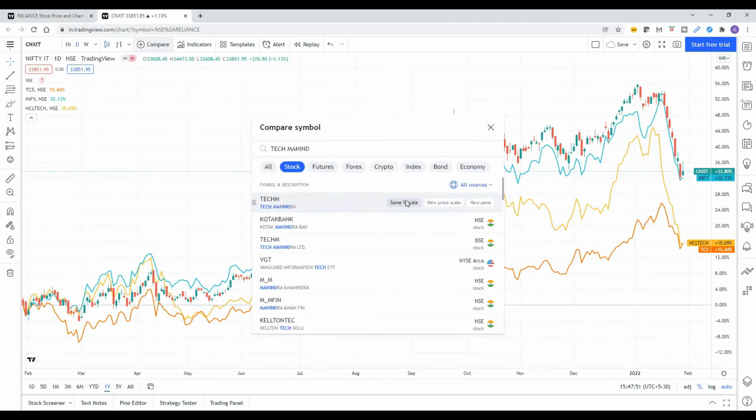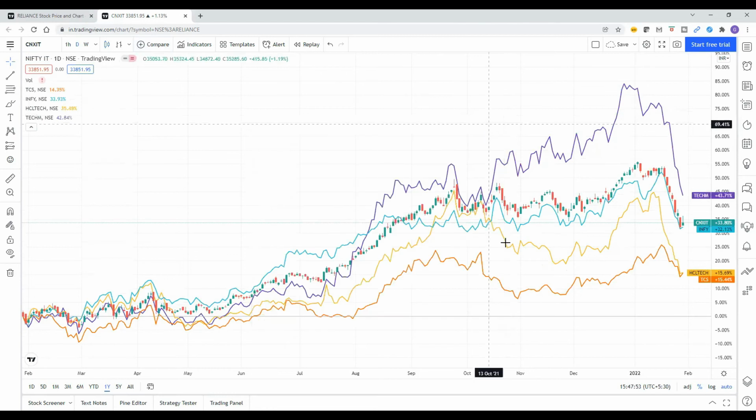Let's see. You see Tech Mahindra, out of 4 IT companies, only Tech Mahindra has performed better than the IT index, and Infy is only just aligned with the IT index. The other two, HCL Tech and TCS, both these companies are underperforming.